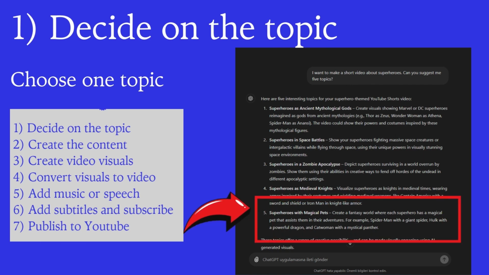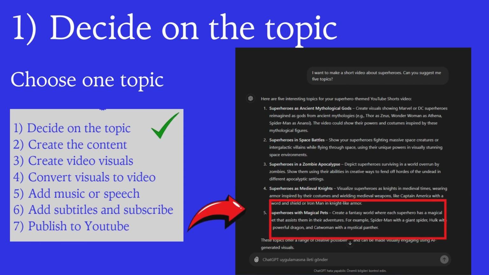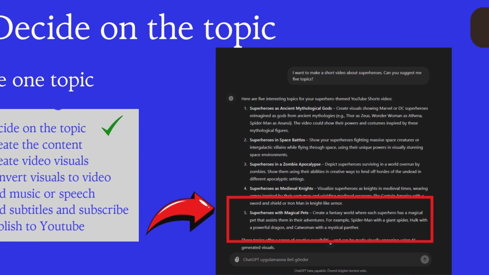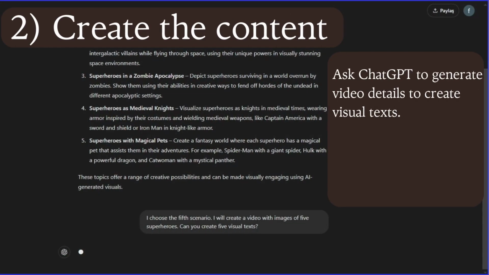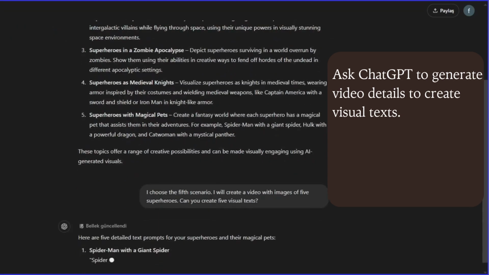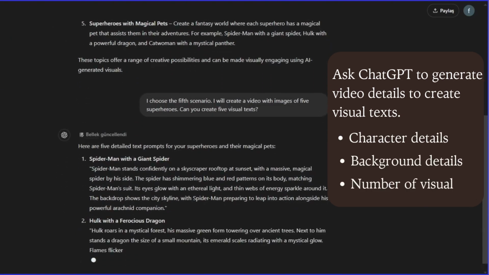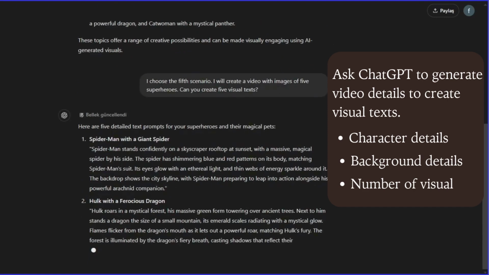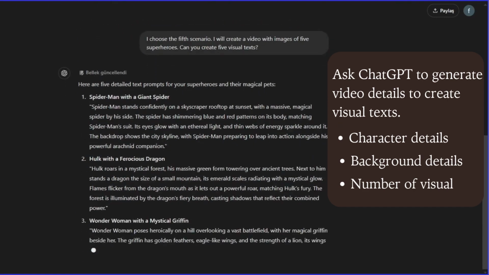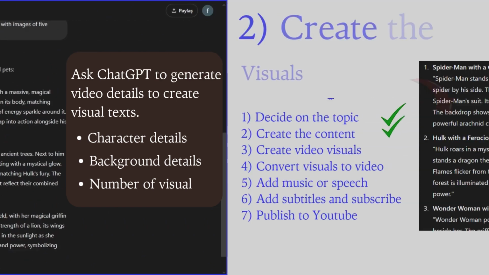You can choose one of the topics suggested by ChatGPT, or if you find it insufficient, you can ask it to suggest more topics. You can ask ChatGPT to create visual text for you by specifying details such as characters, background, and number of visuals for the topic you choose. Or you can leave all the details to ChatGPT by specifying only the topic we choose and the number of